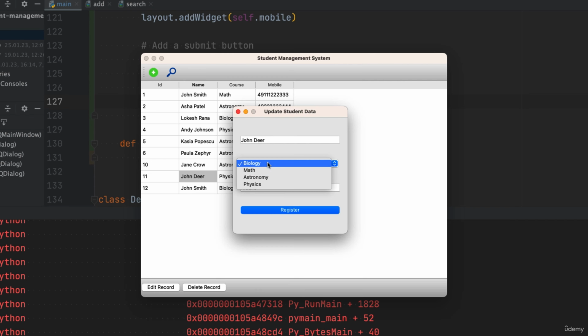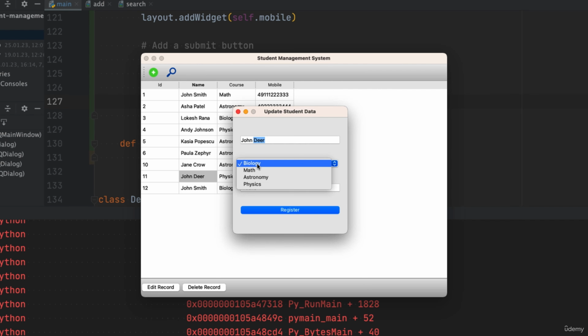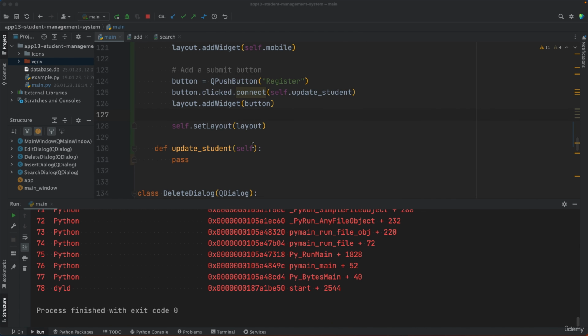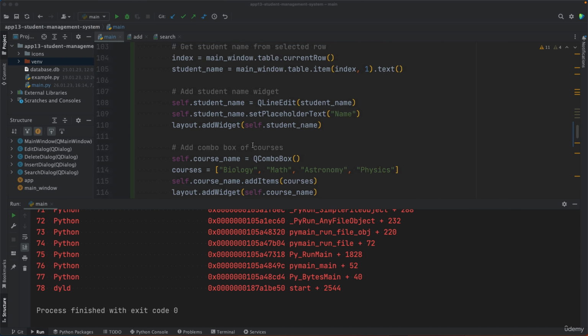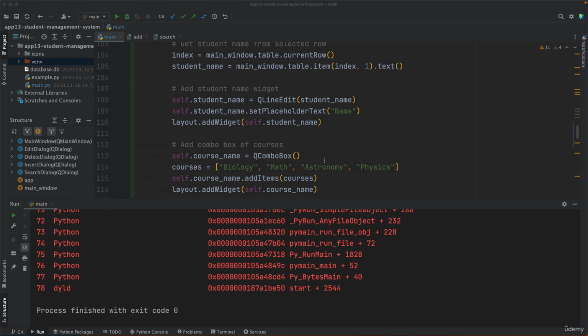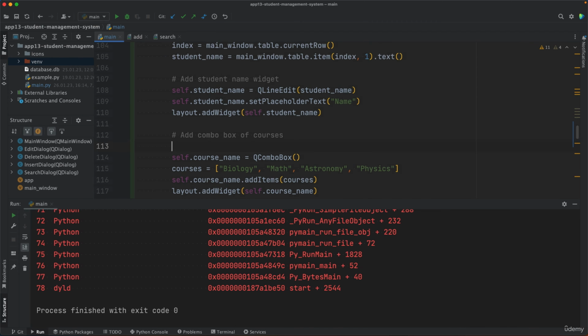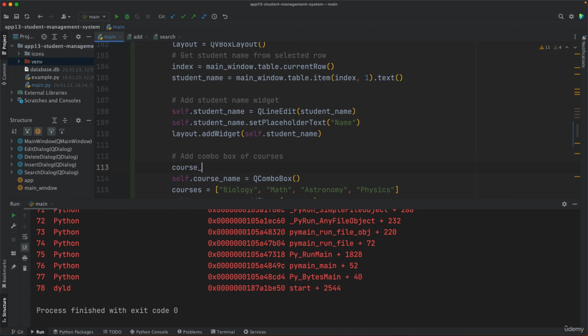The combo box has biology as the default value. As we did with the first widget, for this one we also want to select a default value, right? Let's do that. So we go to the edit dialog class in the init method, and before we create the combo box, we want to say here course name is equal to main window.table.item